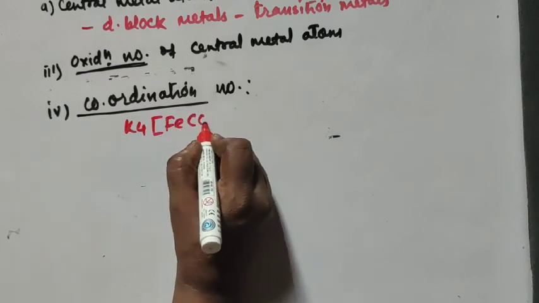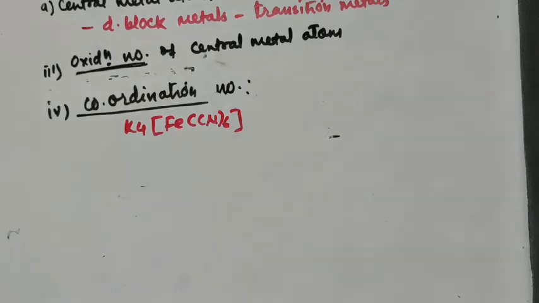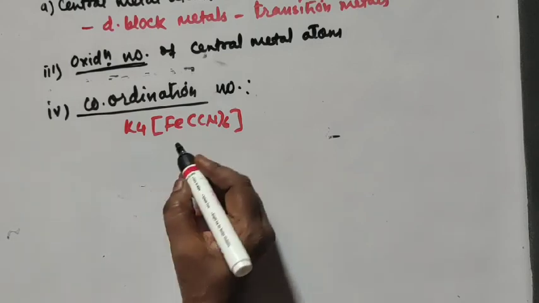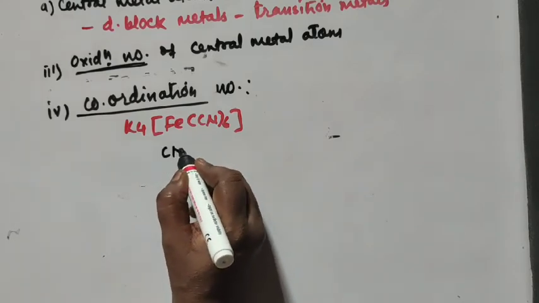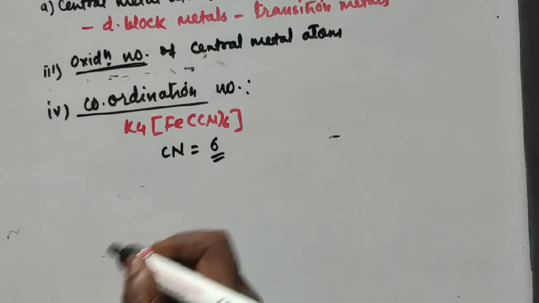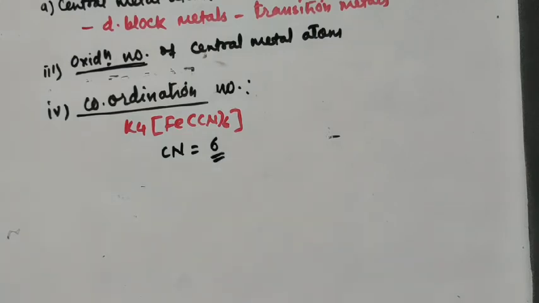Fe(CN)6. Now if you consider CN, this is actually an ambidentate ligand, but at a time it can donate only one pair of electrons. So with coordination number 6, CN minus ions are attached with the central metal atom. So for Fe, the coordination number is 6. It is just the number of ligands attached with the central metal atom when the ligands are monodentate. Mono means one. Only when one atom can donate the electron pair for bond formation, then it is a